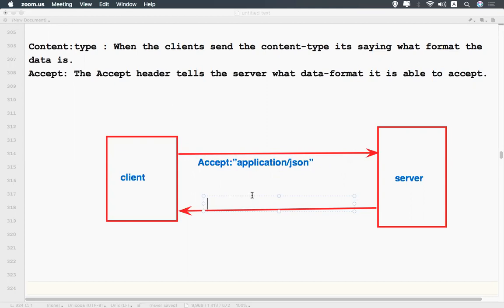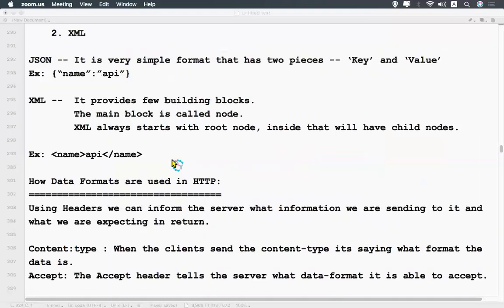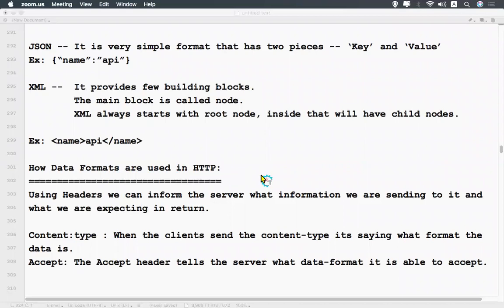And in the same way, when the server sends that information, it will say content type colon application slash JSON. So it will send the content in the form of JSON. Here the client is saying that I am accepting JSON, and the server sends in the form of JSON. So this is how data formats are used in HTTP.